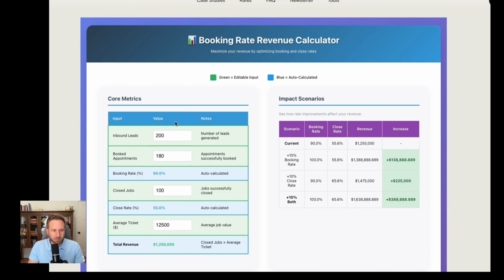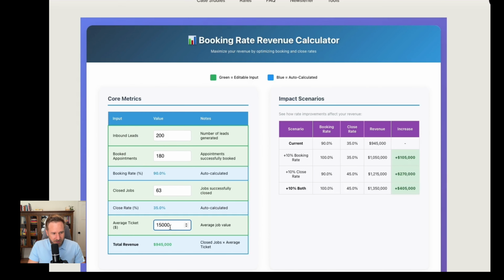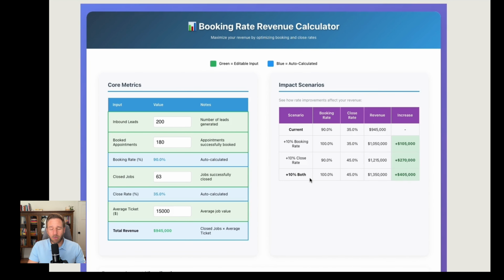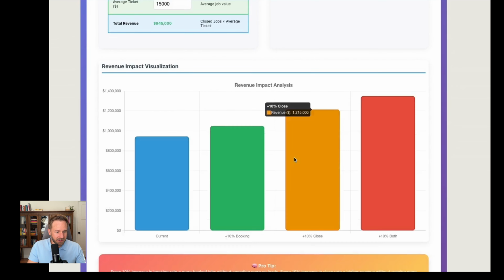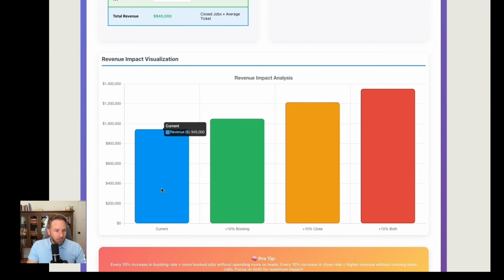So here's the calculator. You're going to put in your inbound leads, how many appointments you had that month. Let's just say your average ticket is $15,000. Let's say you're in roofing or something like that. So your total revenue is going to be calculated here. This is to give you an idea of the scenarios and how improvements in your booking and close rate will actually affect your revenue. It is significant, and you can see down here what your current revenue will be if you increase it by 10%, if you increase your close rate, if you increase both of them, how much more